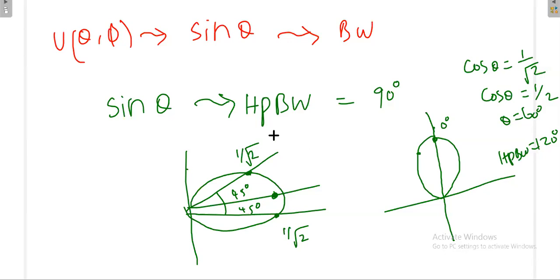As for the first null beamwidth, between the first nulls, I will explain that when we come to arrays, because here there is only one pattern. You cannot talk about first null and second null for this. When you have more than one pattern like this, then you can tell what the nulls are. I will explain that when we come to antenna arrays. Our next topic is antenna arrays.